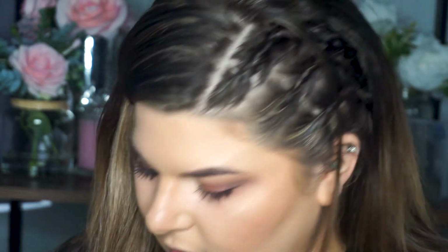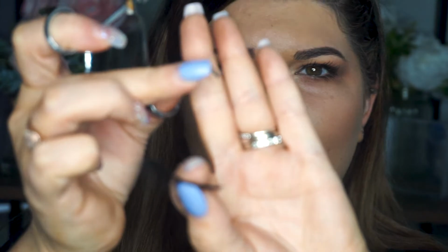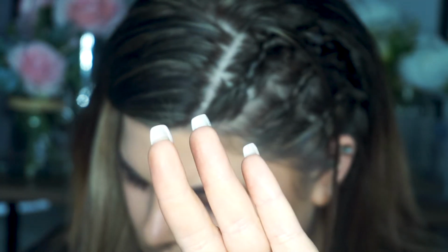So what I'm going to do is cut from the outside. And less is best. Do not cut a whole chunk off. Just do a little bit at a time. I don't know if you guys can see, I'm just going to cut that off and I'll show you. So I literally only have like this much that I've cut off. So I'm going to keep that, put it back in the box, and then I like to just cut